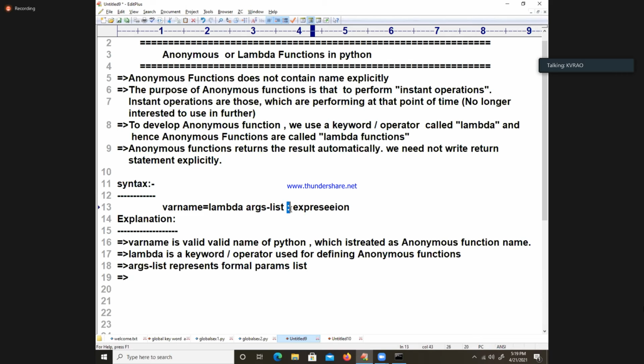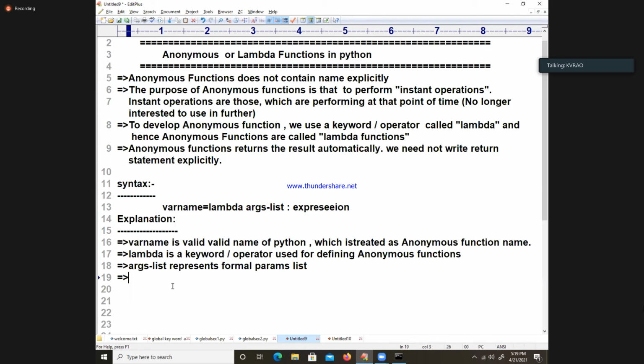Next, colon is there. Colon is a link between your expression and your args list. Don't think that it is an indentation symbol, dear students. Now expression, I will write it.